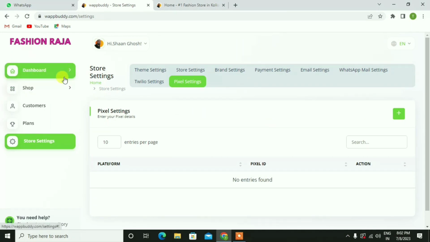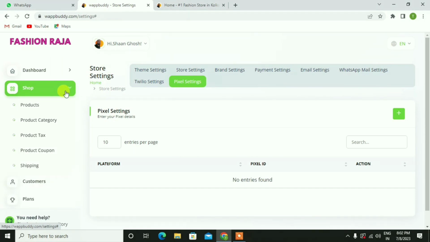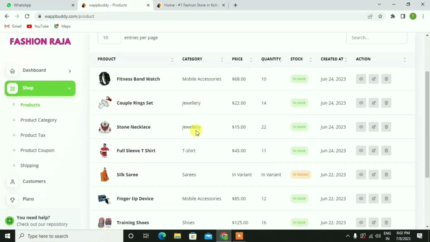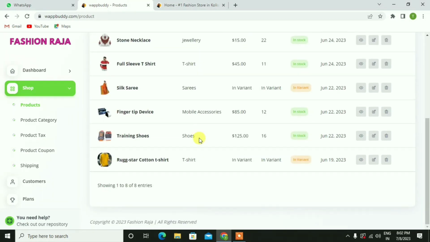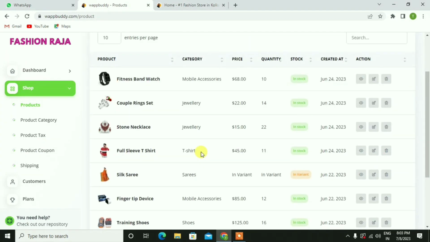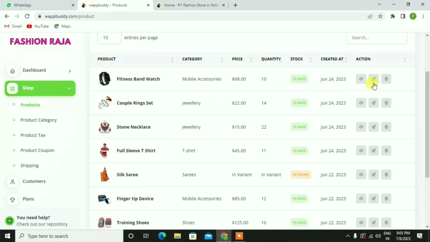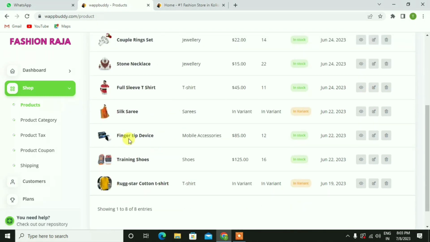Right, now we will move on to the shop section, and over here we can see how we can add a new product, and manage each and everything from here. You can see these are the products that you have added into your e-commerce store. I have added 10 to 15 products just to show you guys for demo purposes. Now if you want to add a new product, you just click on the create now button, and you can add the product. Right, if you want to edit any particular product, for example, this is a particular product